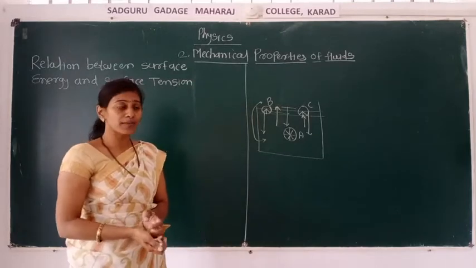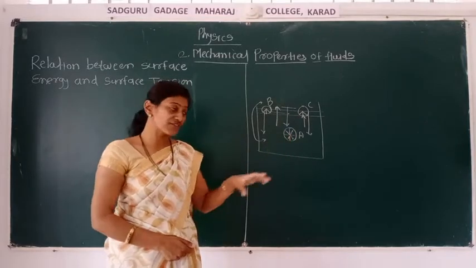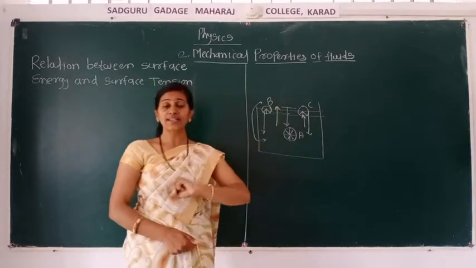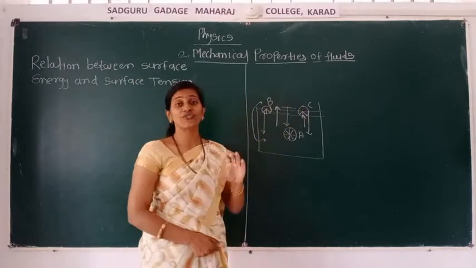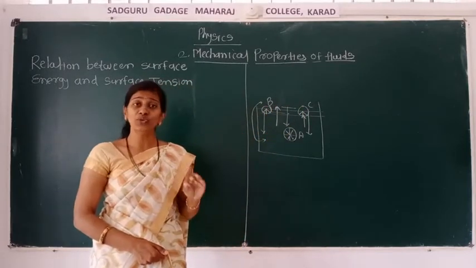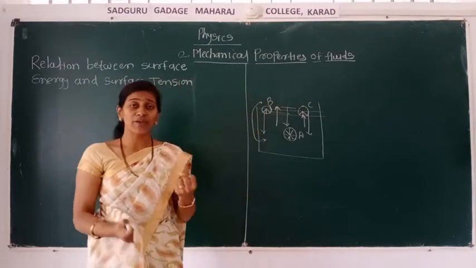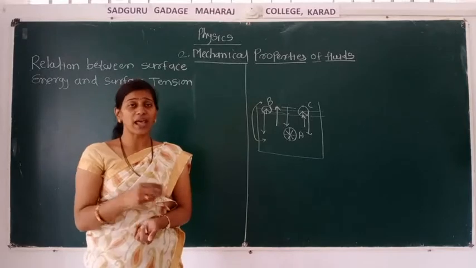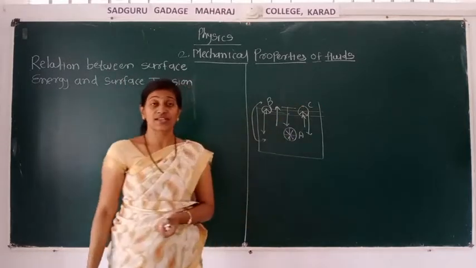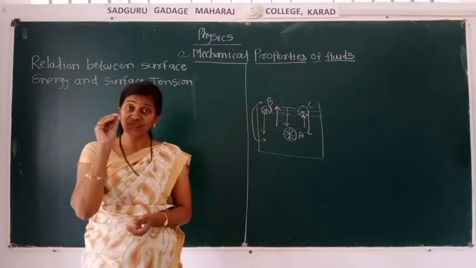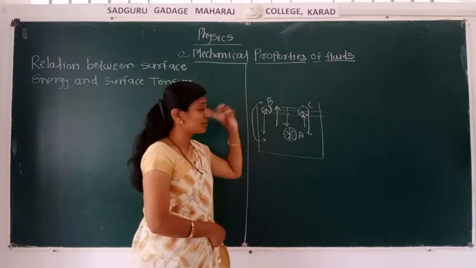On one hand, most molecules present on the surface film and free surface are pulled inside the liquid. Because of that, the number of molecules on the free surface is going to reduce. Here the molecules are fewer, but on the other hand, it will behave like an elastic membrane. This happens due to surface tension. But for the stability of that free surface, we have to bring some molecules from the liquid onto that free surface.